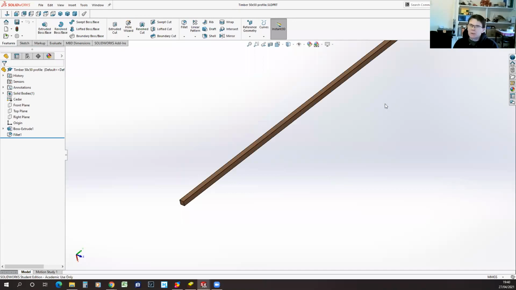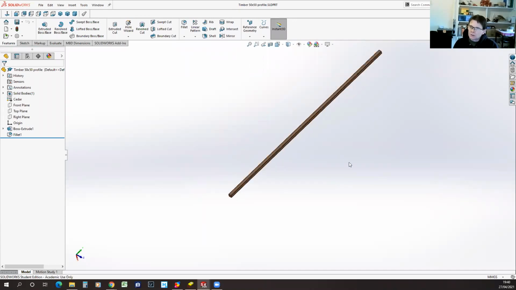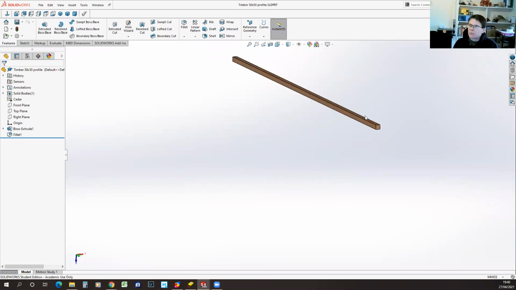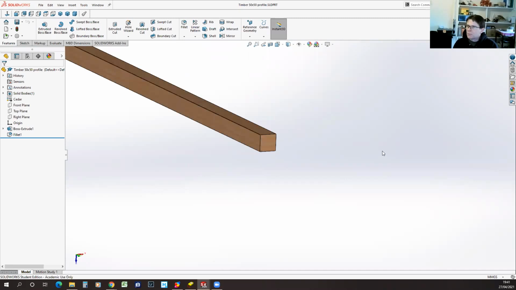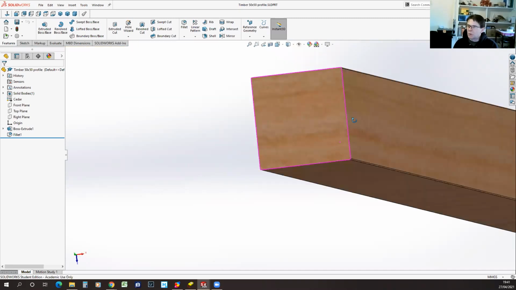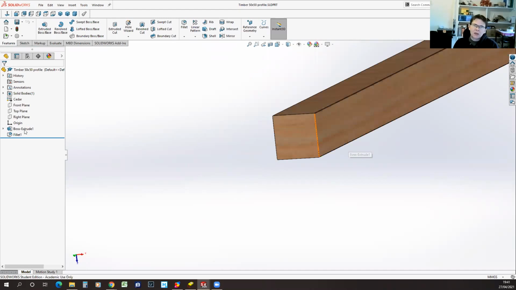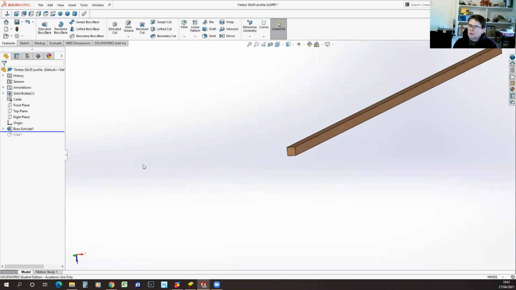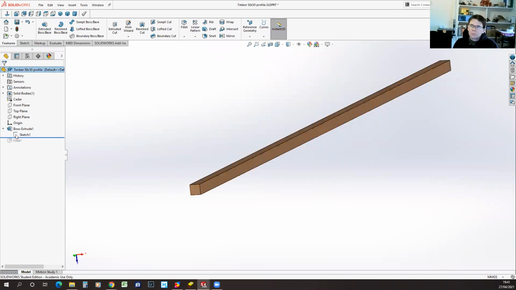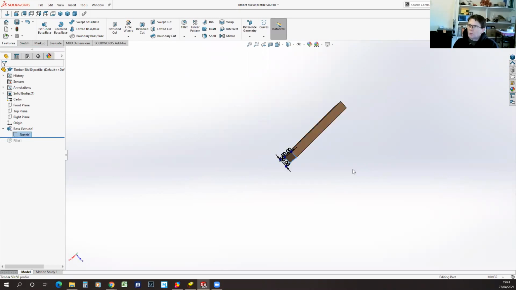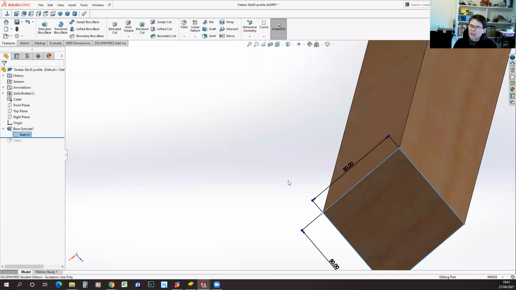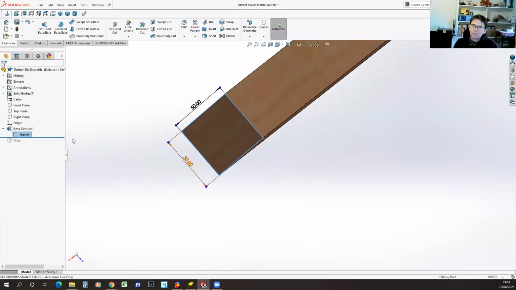It looks like even this one's been edited, but no, that's fine. So this is the original timber profile that I created. This is actually 50 by 50, not the one we were just looking at. But you can see that essentially we created, if I roll back the sketch, a simple rectangle, well, a square sketch in this case, 50 by 50, and then extruded it to